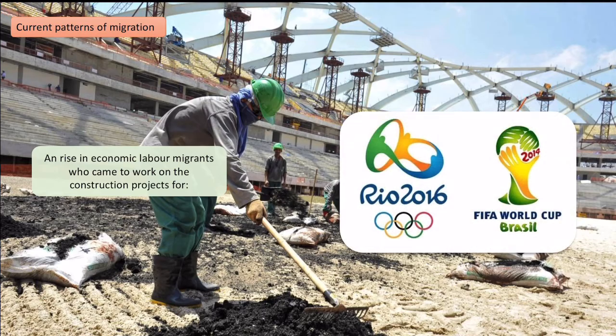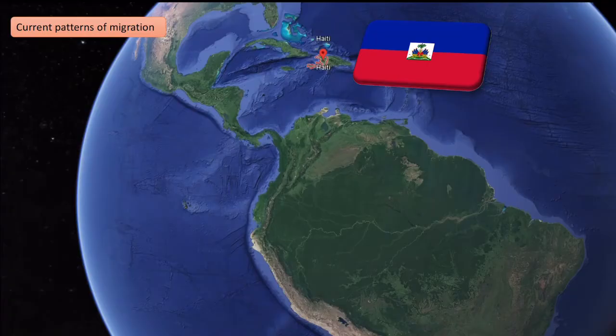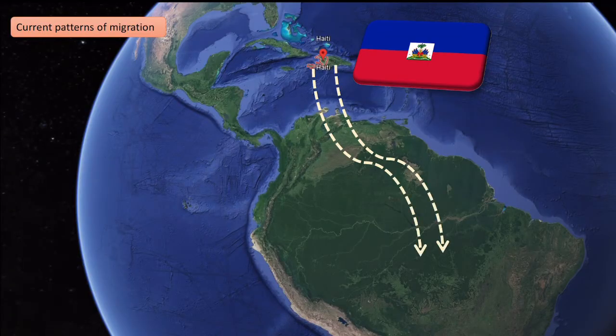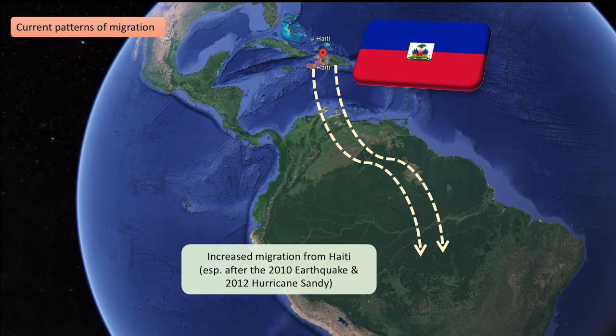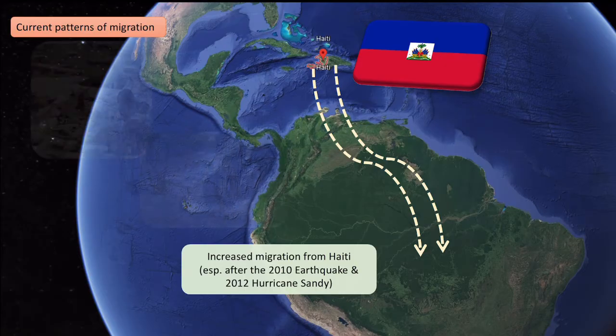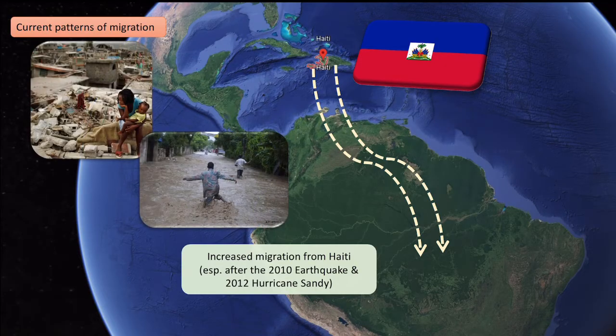there were two key construction projects that were drawing in a lot of people: the Brazil World Cup in 2014 and also the Summer Olympics in Rio in 2016. We see an increased amount of people coming from Haiti in the Caribbean. This is largely due to the fact there was a 2010 earthquake and then followed very, very quickly by a hurricane in 2012. So we see people moving from the Caribbean to Brazil, which has therefore created an interdependent link